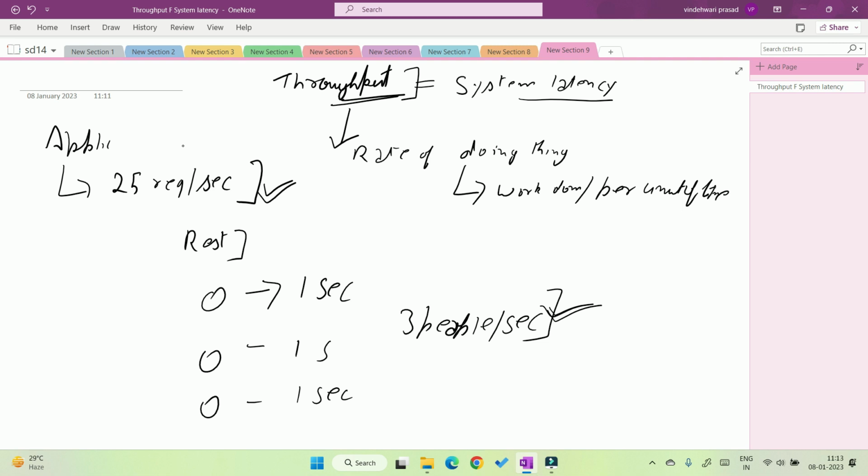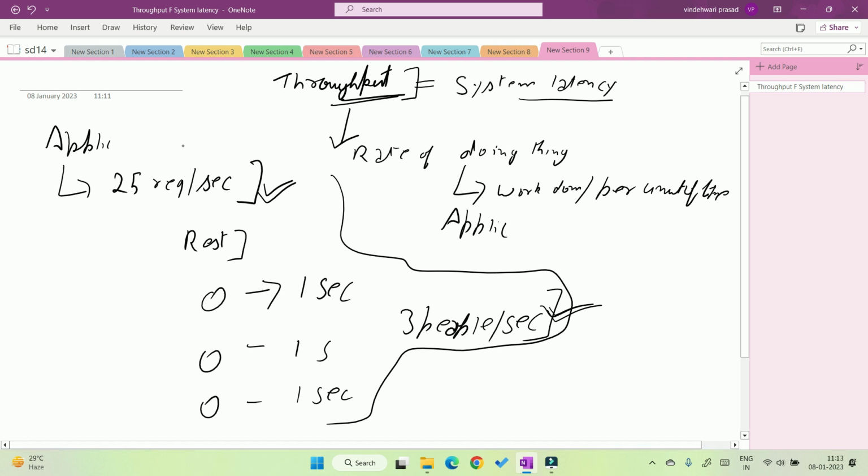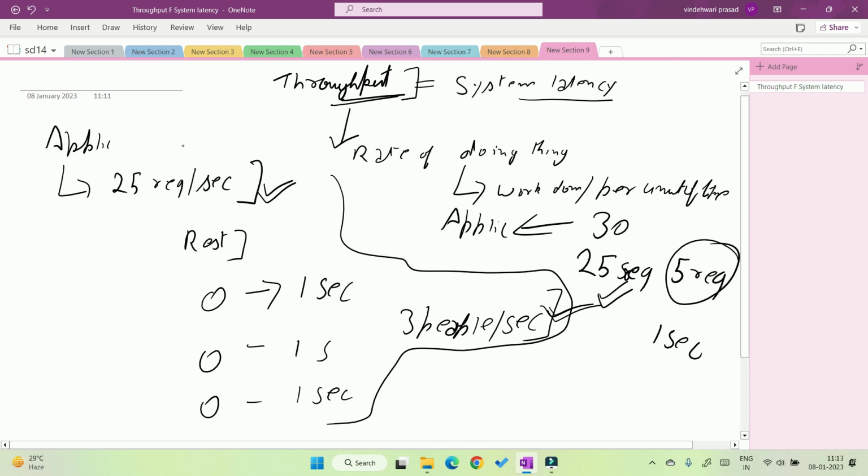So what is the significance of this throughput? For example, suppose an application can only handle 25 requests, and the number of requests coming per second is more than the throughput, for example 30 requests. In the first second it handles only 25 requests, and the left 5 requests have to wait till these 25 requests are completed. So it has to wait for 1 second because it takes 1 second to complete 25 requests. After completing, the next requests come. The more requests come, the more they have to wait, because the application has the limitation of handling 25 requests